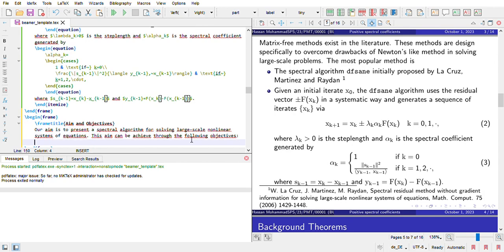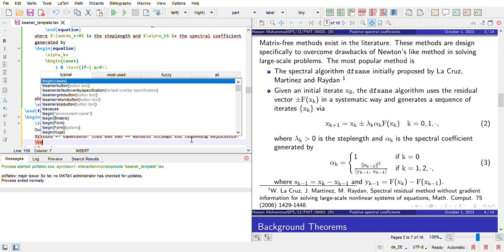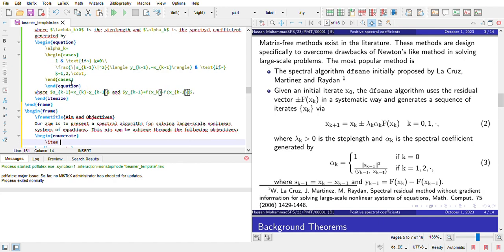What are the objectives? I will put them in enumerate form instead of itemized form. So enumerate. Then the first objective is that